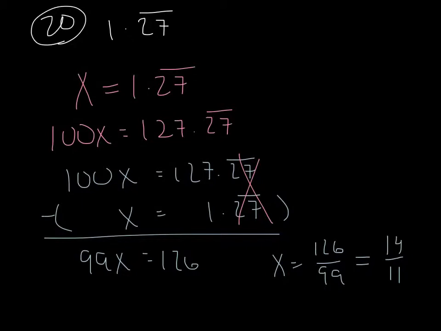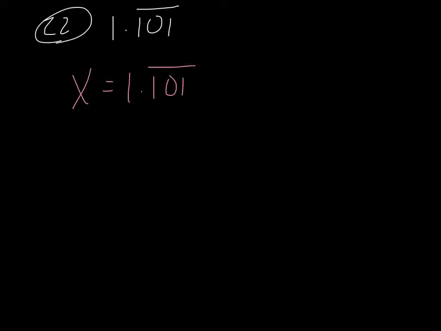because both things are divisible by 9. Okay, and then if we look at 22, 22 is 1.101 repeating. Okay, that's 3 digits repeating. You have a problem like that, and so we're going to take this and, since the part after the decimal is already the repeating part, but I have 3 decimal places, 3 decimal places means I need 3 zeros, so it's 1000x,